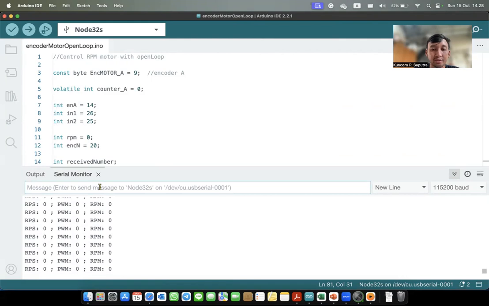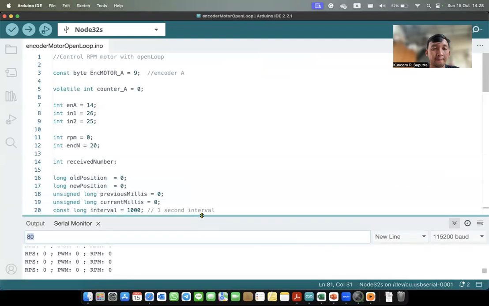So I need to enter, for example, 100 for the PWM, or 200, or 50, or 80 as the PWM value from the serial monitor. And then I use this value to control the rotation speed.